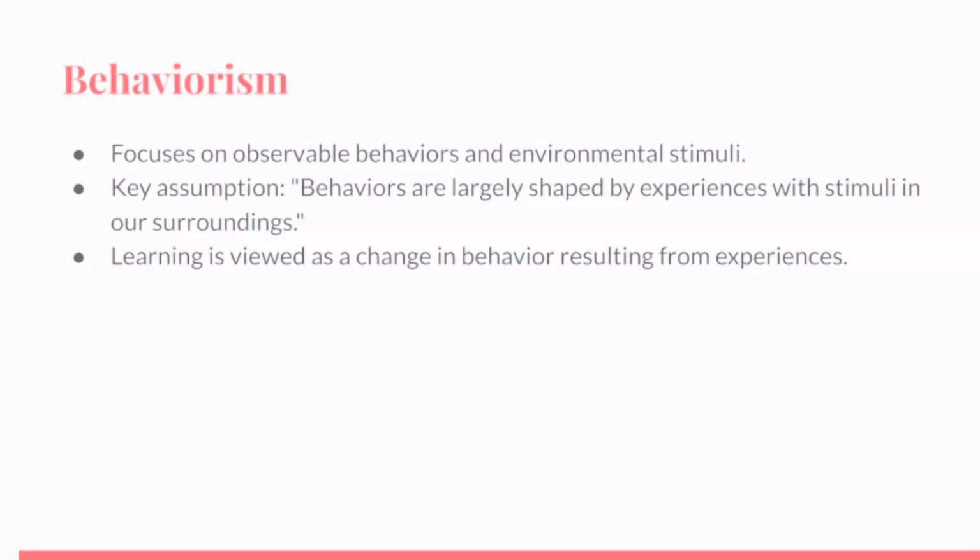Okay, so let's start with behaviorism, as discussed in Chapter 6. This theory focuses on observable behaviors and the influence of environmental stimuli. One key assumption of behaviorism is that behaviors are largely shaped by experiences with stimuli in our surroundings. In our book, Chapter 6 mentions that this means learning is viewed as a change in behavior resulting from those experiences. For example, if a student receives positive reinforcement for answering a question correctly, they are more likely to engage